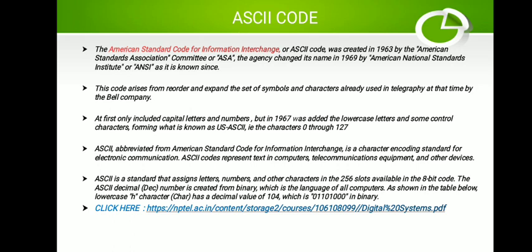Now this ASCII code represents text with telecommunication devices, like your modem. All this exchange of information is carried out with the help of this ASCII code, means you code the character in the ASCII form.